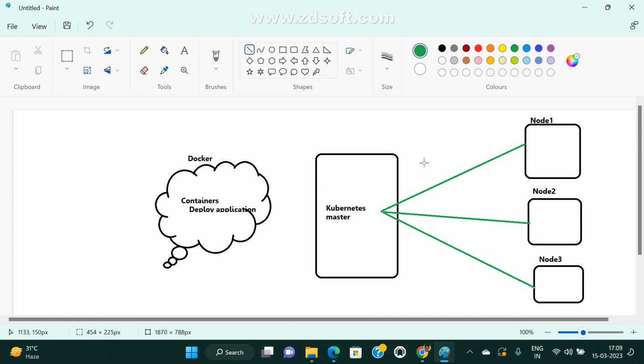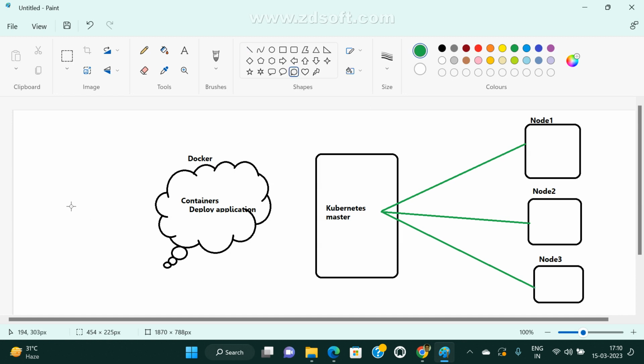Right? So Docker is one part of Kubernetes, but Kubernetes is not a full replacement of Docker. So this is the initial part, and this is the advanced part. In the advanced part, there are many options, many features, and many objects available. With the help of these objects, we can make our application highly available, and without application downtime, we can deploy our application multiple times in a single day.